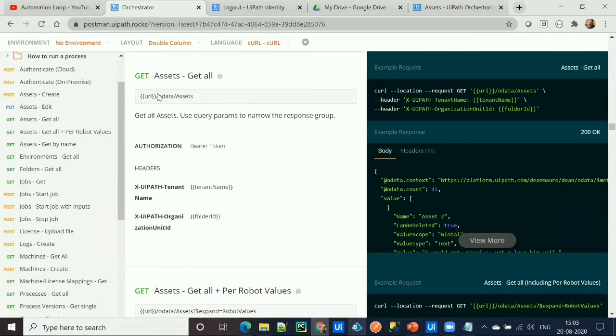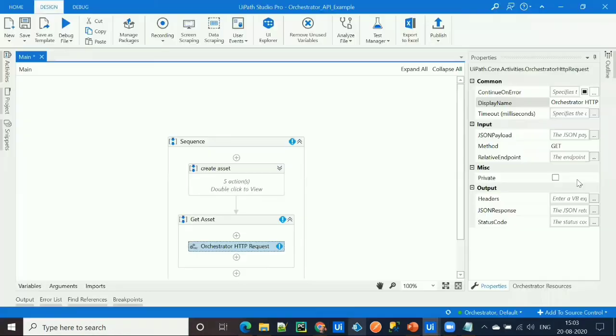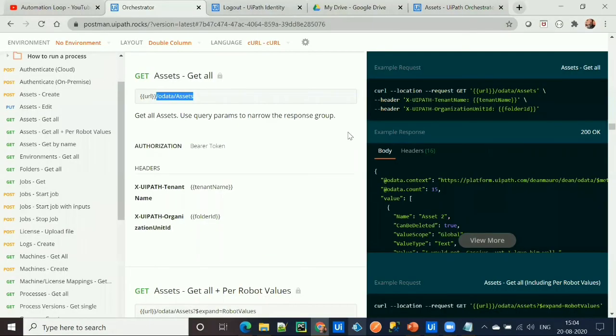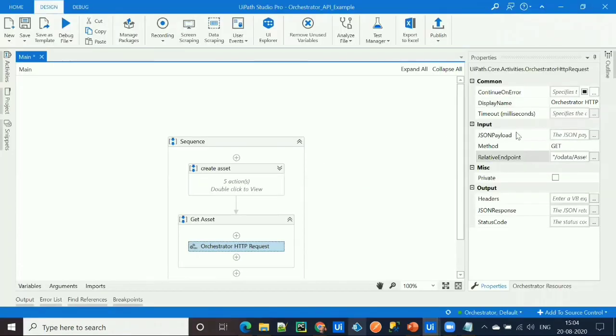Then I need to provide this as an endpoint enclosed within quotation. And as we are getting the details, we don't need to mention anything in a JSON payload. The JSON payload is needed when we are calling a post method, and we need to pass some additional data to the API.